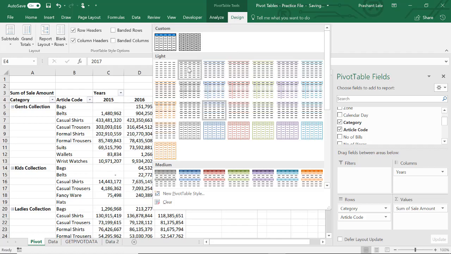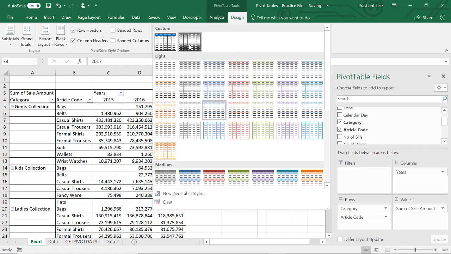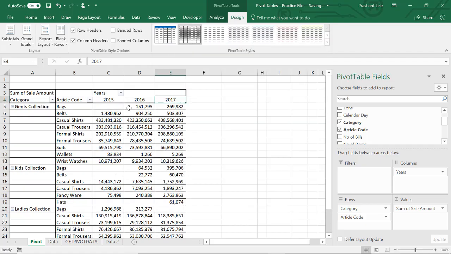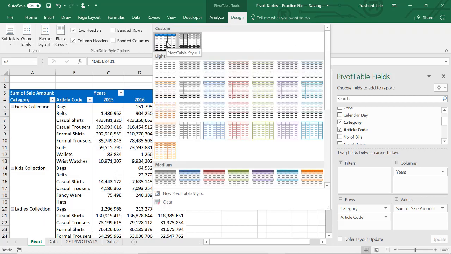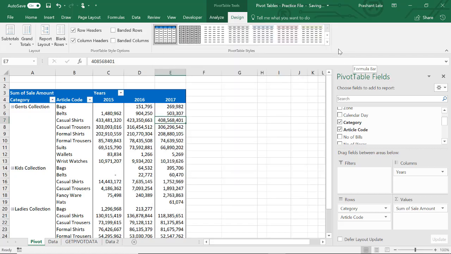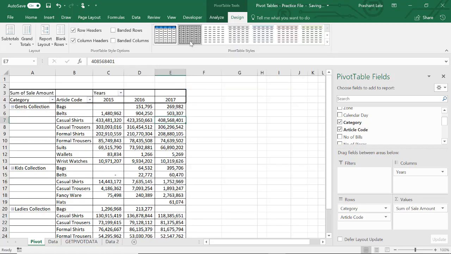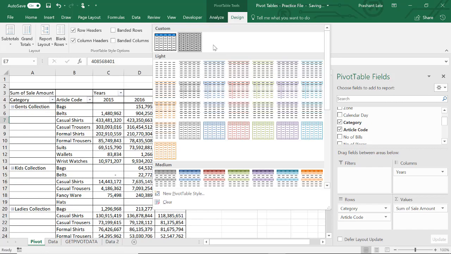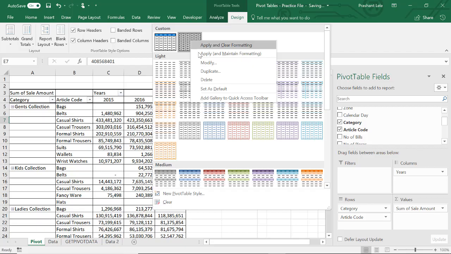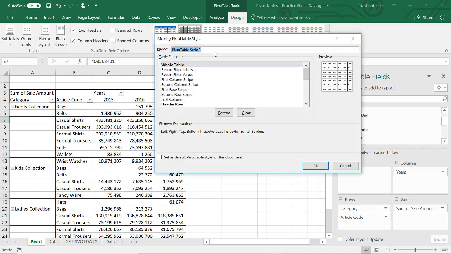your custom style will come here, which we just created. See, if I hover the mouse on this, the custom style is applied. Bold border for headers and small borders for the body of the table. I have created one more style before, which you can apply. It will keep on showing here, and you can always modify it as per your requirement. Just right click on it and say modify.